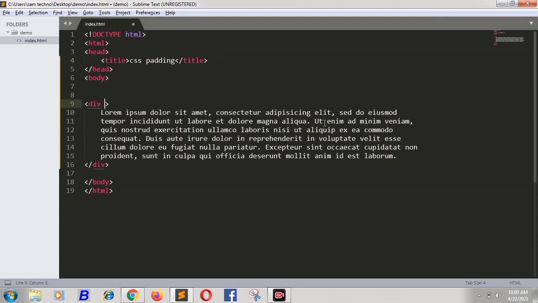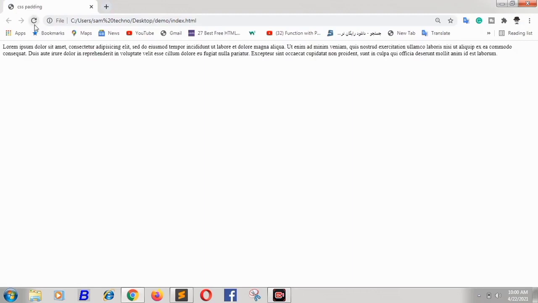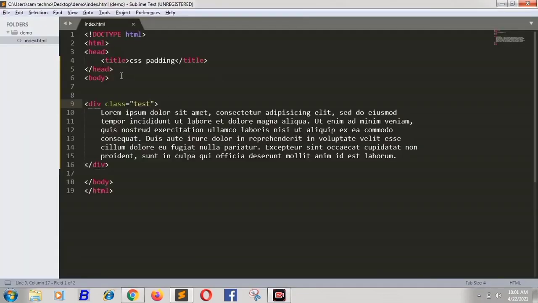On the div, I will give a class name test. So when I save it and open it in the browser, as you can see, that is that paragraph. And to show you better, I will create a width so that you could see it better.